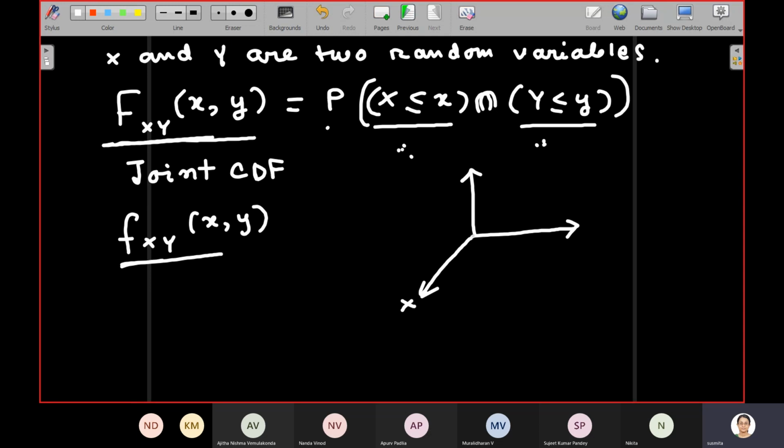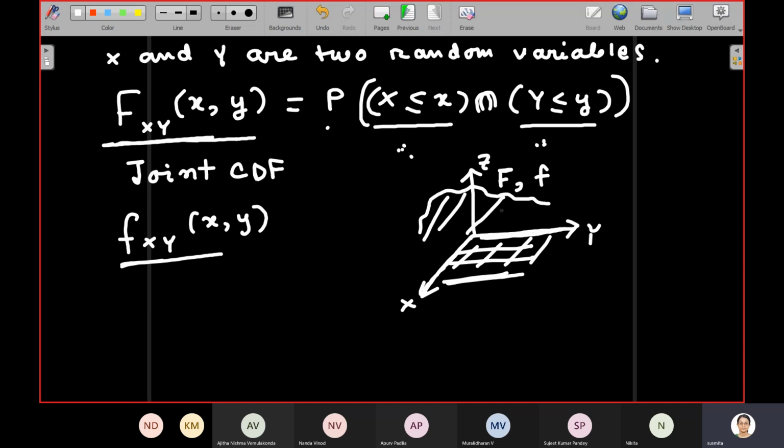So this is x, along which the domain of x changes. This is y, along which the domain of y changes. So basically instead of having a line, now we have an area, the x and y plane. And then along z, we plot either capital F or small f. So this is how we need to visualize it. Now we actually have a surface function. Whether it is the joint PDF or joint CDF, you need to find its value for given x and y. So basically we have some sort of a surface along the z direction.